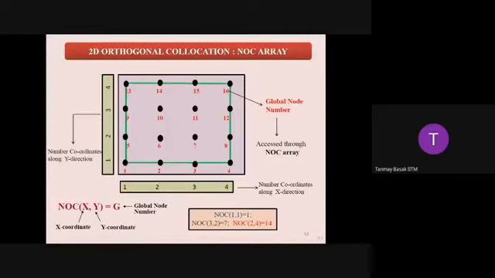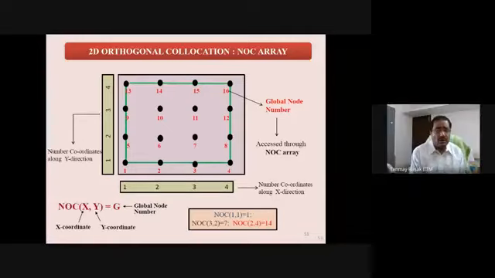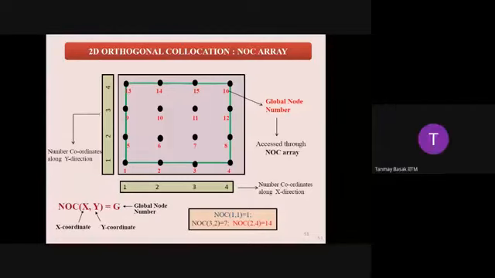Now this is the 2-dimensional orthogonal collocation. You have to understand it better, because we'll be doing similar kinds of things for the Galerkin FEM. This is not available in many of the books. For the first part of OCFEM, you can see Finlayson's book, but this is something I developed, and in fact I'm planning to write a book on the finite element method, and I hope I can cover many of these things in my upcoming book.